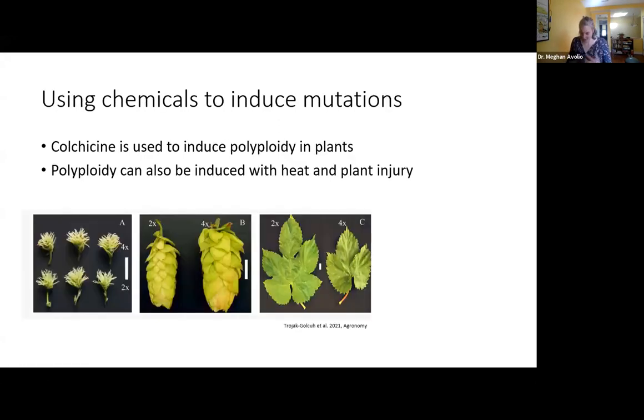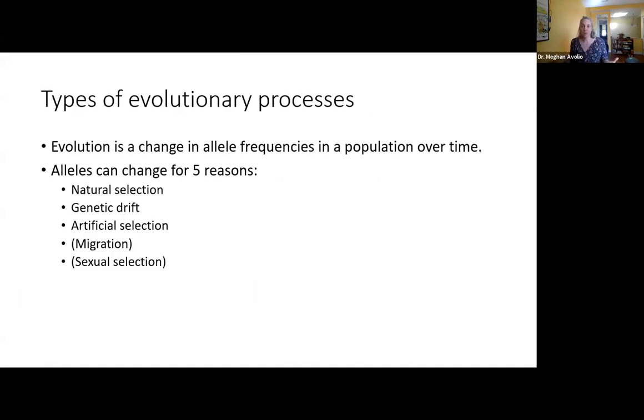So these are all, and now I want to talk about what happens with this genetic variation and how this can change through time and how this results in different evolutionary processes. So evolution is just the change in allele frequencies in a population over time. So it's just, are there going to be more purple flowers through time or more white flowers through time, right? And it's just these alleles. And it's all this variation that comes about through variation in DNA.